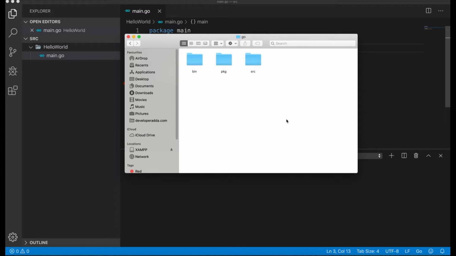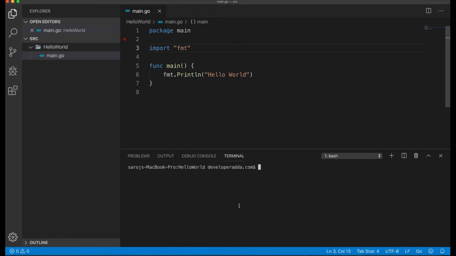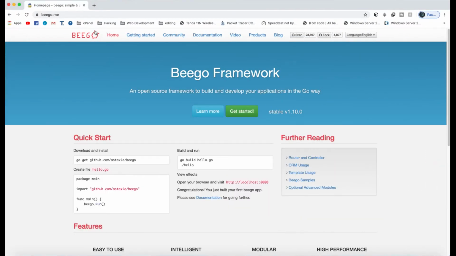So guys, the first one is the src directory. This directory contains Go packages. Basically, a package is a project directory that contains Go source code. Whenever you install any package using go get, it will reside here as well. Whenever you work on a Go project, you need to create a new directory. So if we go here, hello world, this is our first project or application. We create a directory, and inside that we place main.go.